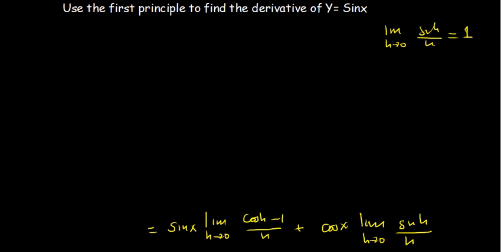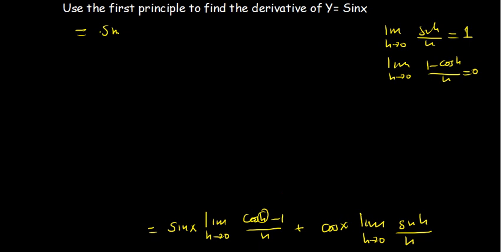Another thing that we need to know is when you've got cosine of h minus 1 divided by h, as long as the angle which is here is equal to what is in the denominator, the limit, where we write it as the limit as h approaches 0 of 1 minus cosine of h over h, is always equal to 0. As long as this angle is equal to what is in the denominator, it's always equal to 0. So I can as well write this which I have. Now I've got cosine of h minus 1 instead of 1 minus cosine of h. So I can write this as